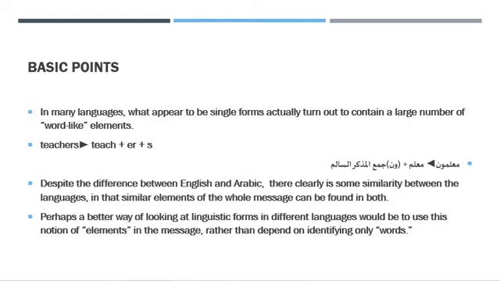In Arabic, معلمون consists of معلم plus واو ونون related to جمع المذكر السالم. The same, معلمات consists of معلم plus تاء التأنيث plus ألف وتاء to indicate جمع المؤنث السالم. Despite the differences between English and Arabic, there's a kind of similarity between them: either a word could be the smallest unit of element or a word consisting of a number